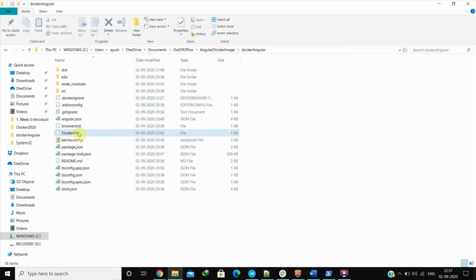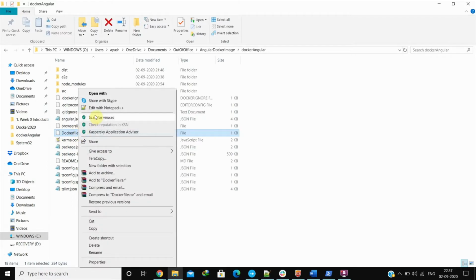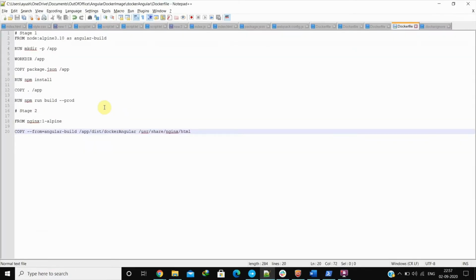Now let's create a Docker image of our application which we can use to spin up containers or to share with other developers and testers easily without any setup requirement. For creating Docker images, we need a Dockerfile. Create a file with the case sensitive name Dockerfile in the Angular project's root directory where we have package.json.